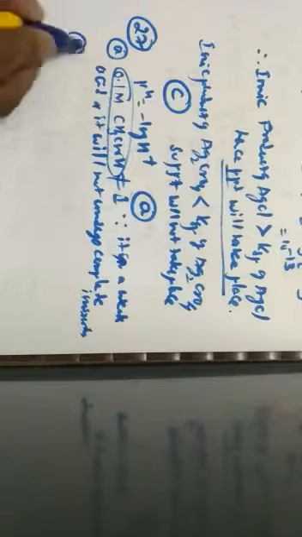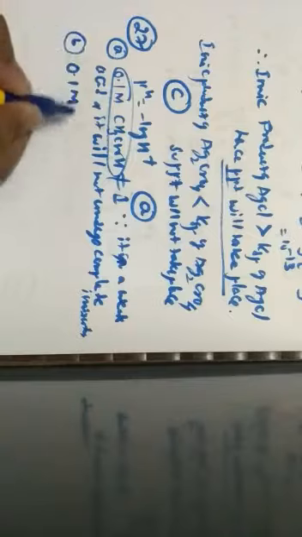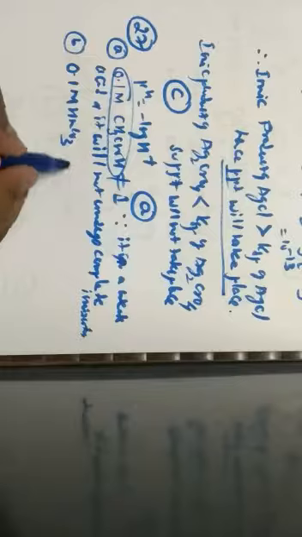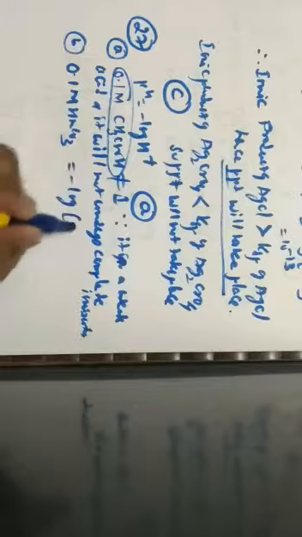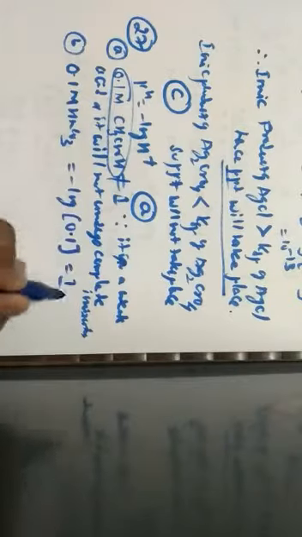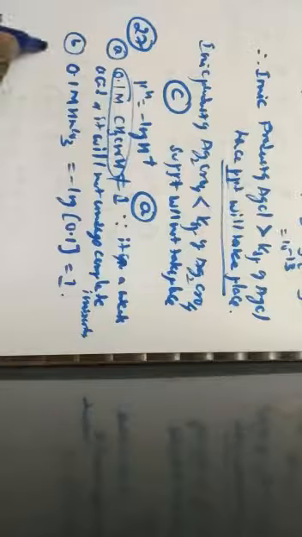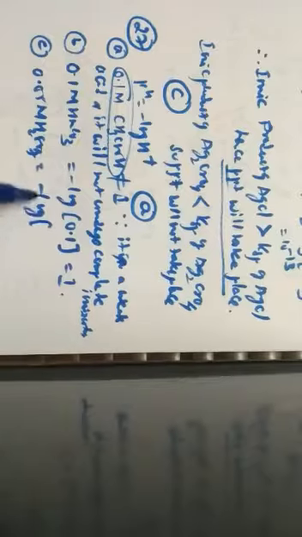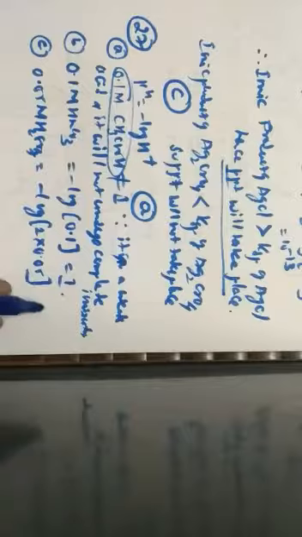Now let us calculate for other values also. So for option B, what has been given? 0.1 molar HNO3. So when it is 0.1 molar HNO3, it is negative log of 0.1 molar, whose pH is 1. So option C is given with what? 0.05 molar of H2SO4. That is nothing but negative logarithm of the H plus ions obtained, 2 H plus ions will be obtained. That is 2 into 0.05, which is again 1.